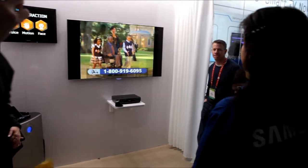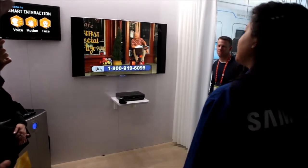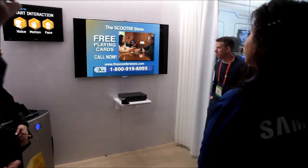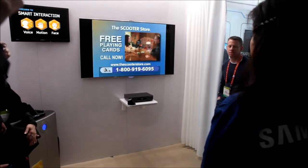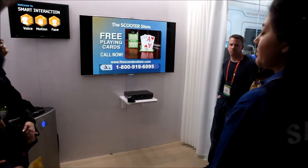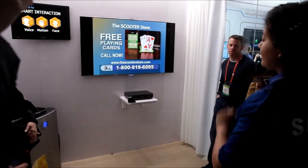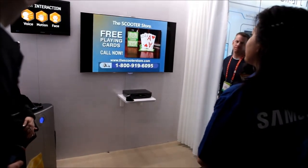Once I say the trigger word, which you can also customize to something else, an actual command bar is going to pop up on the bottom of the screen. It will stay there for 30 seconds unless I give it another command. If at one point I lower my voice in a whisper, it's just to let you folks know something so the TV doesn't continue to listen for more commands. So I'm going to go ahead and start by saying, "Hi TV,